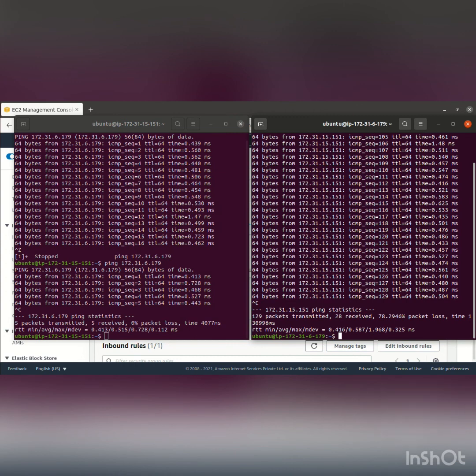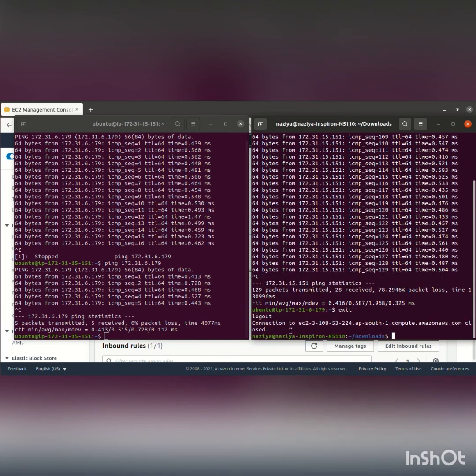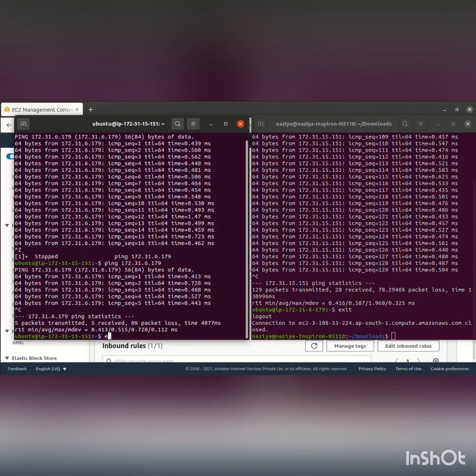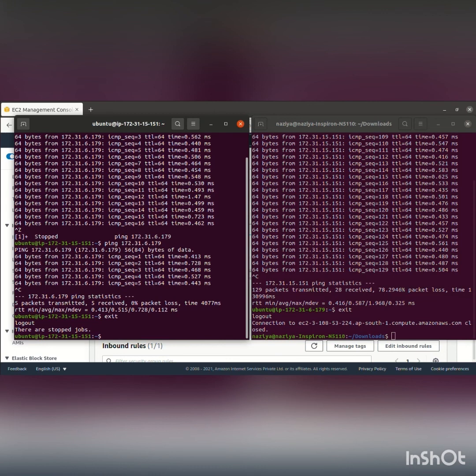So this is how we create these instances with these security groups. Before closing this, you need to exit both the terminals. The IP address is there, so exit, enter, exit this one also, exit.